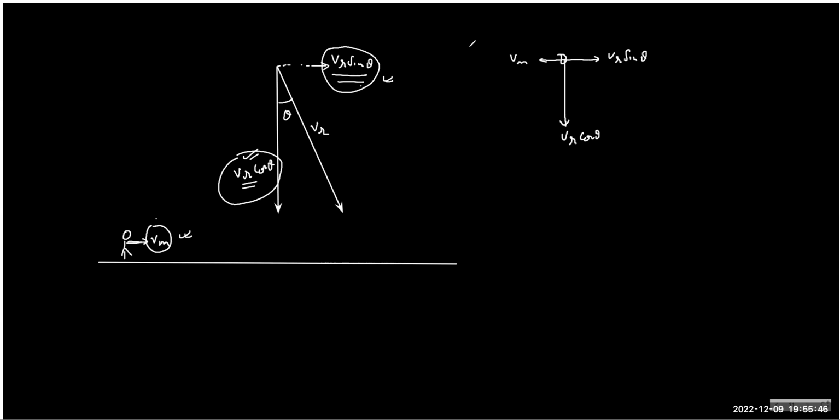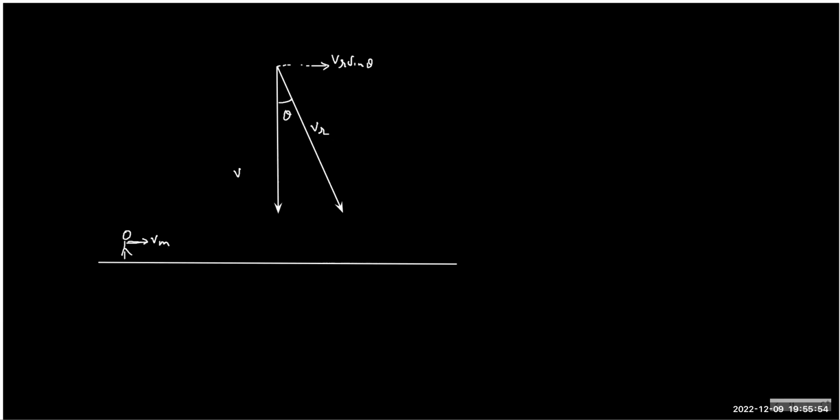But anyway, this is the thing. But if you want to solve by the vector method as we are doing it, it is about realization. For the first time, you are looking at it the way I'm solving, but next time you can solve on your own. So basically, if the rain is falling this way and you are moving towards the right, then there is a possibility that this component, the VM,